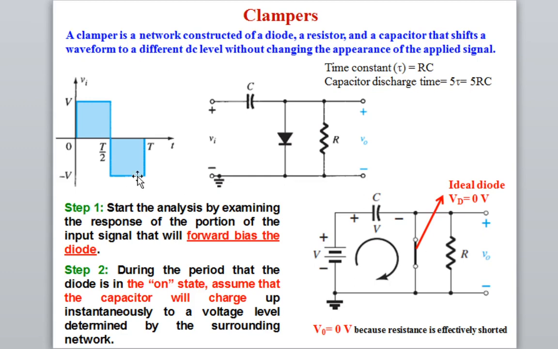When you are able to find out that the diode has gone into forward bias, that means it is in the conducting stage, that is the on state. When the diode is in the on state, the circuit diagram will look like this. I have replaced the ideal diode with a closed switch with 0 voltage drop. So the voltage across the diode is equal to 0. Okay, and then current will flow in the circuit.